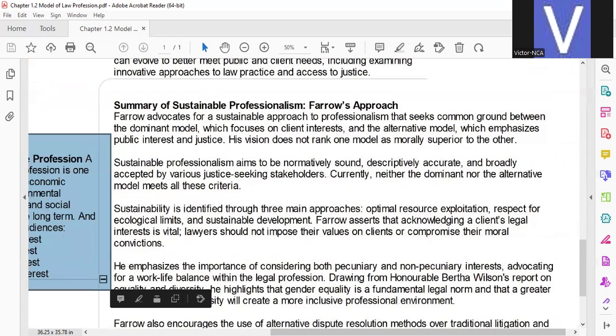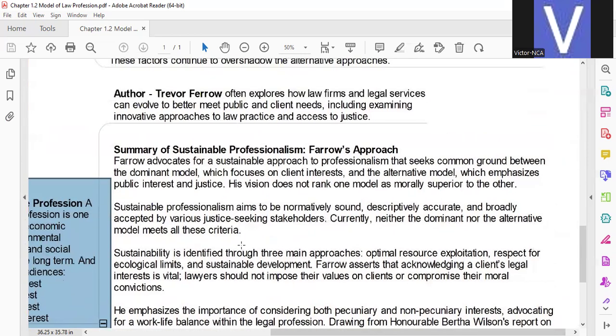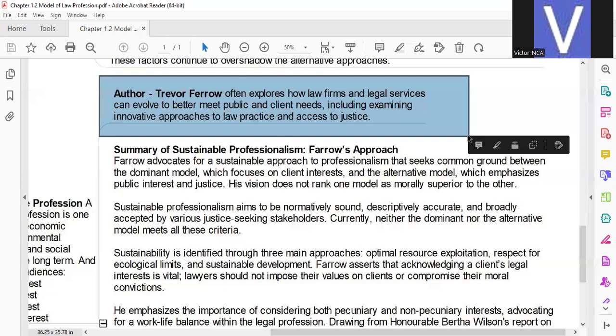So, to summarize the sustainable profession, we'll talk about author Trevor Farrow. And he often explores how law firms and legal services can evolve to better meet public and client needs. This includes examining innovative approaches to law practice and access to justice. So, in his article, Sustainable Professionalism,